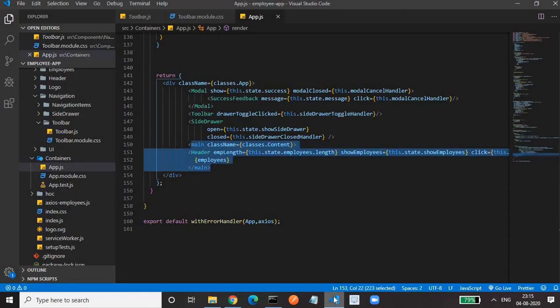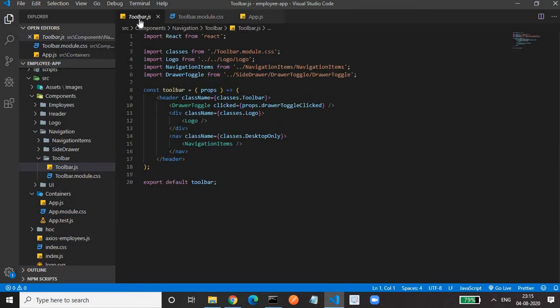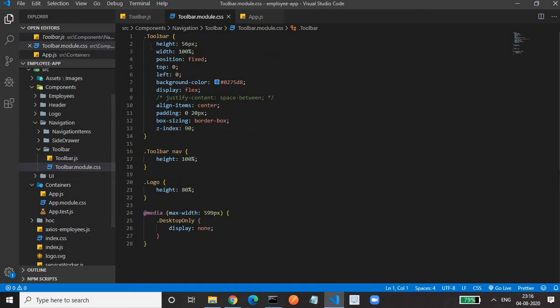Everything I made as a different, separate standalone component. We'll look into the toolbar first. The toolbar is a functional component in which I have one header tag with some CSS. The CSS I have added is toolbar CSS. We'll go to the toolbar CSS. This is the CSS for the toolbar. And this is the CSS that I have taken, frankly speaking, from W3Schools. You can take that from W3Schools. Although I have taken some from a different site, you can take something from W3Schools, which is the best site for beginners who want to learn CSS.